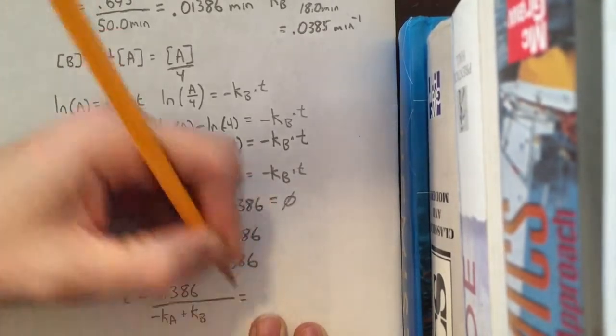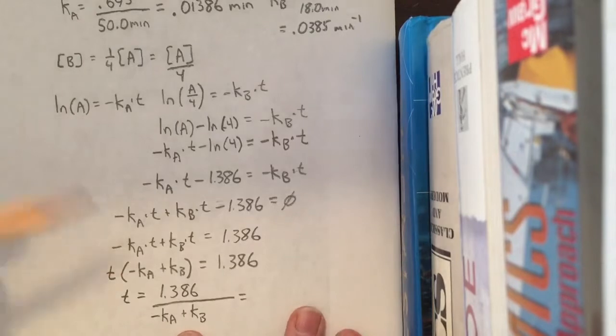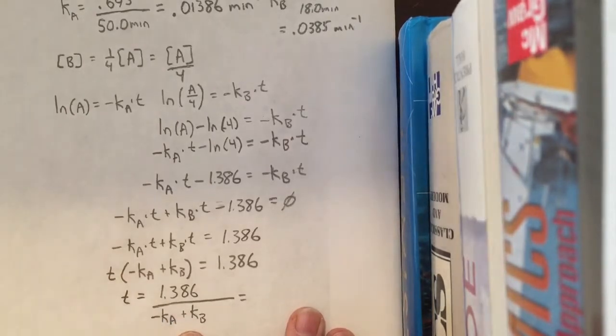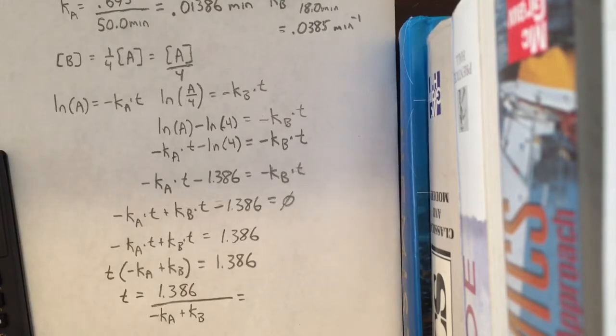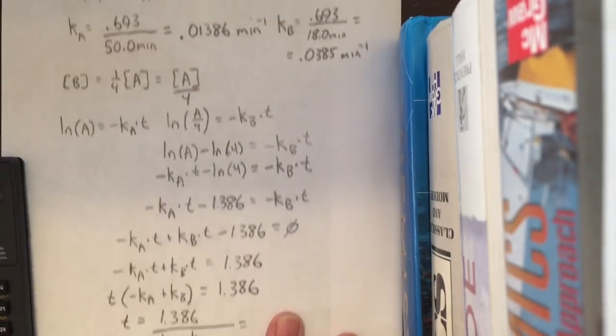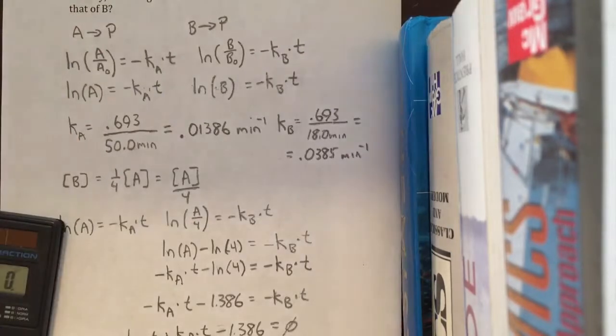Now I won't go ahead and do it, but if you actually think about it a little bit, this is the same as Kb minus Ka. Right? So let's take the 1.386 and divide that by the negative Ka. Did we find Ka? We did. It's way up here. Let's come back to it. Ka is